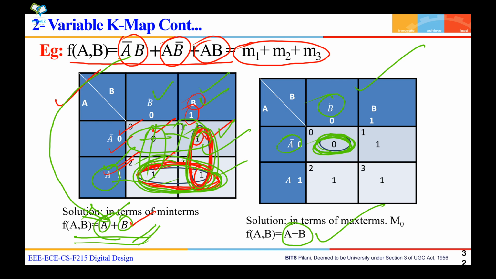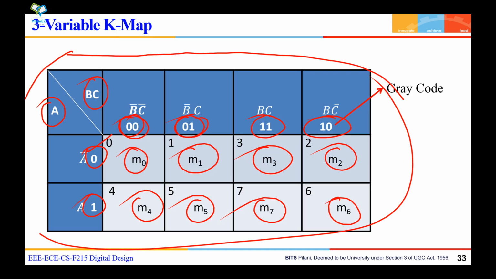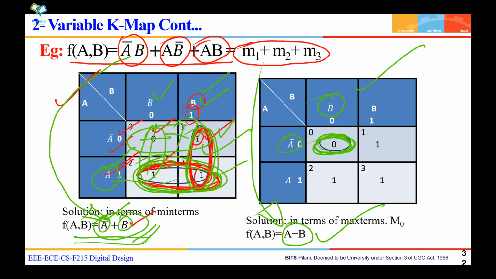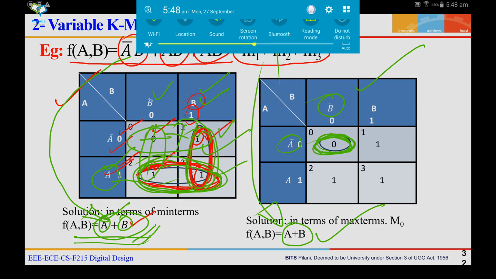This is the min term representation of this expression, and this is the max term representation of this Boolean expression. In this way, we can simplify a two variable Boolean equation using K maps. Hope you understood this. So in the next video we will see about three variable